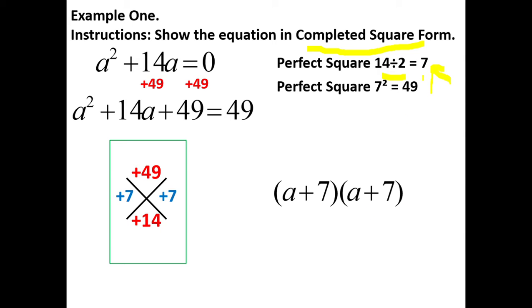There's the 7 right there. The second term of your factor is a plus 7. So by cutting this 14 in half, half of the 14, it gave us the answer to what the factor is going to be. Okay, so now looking at our quadratic, we have quadratic equation here